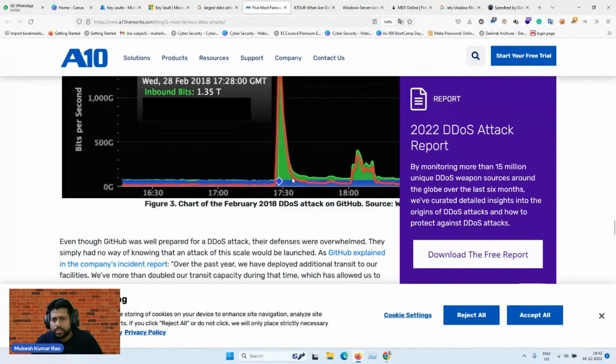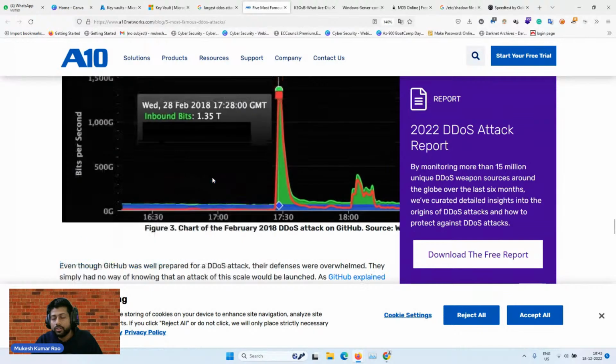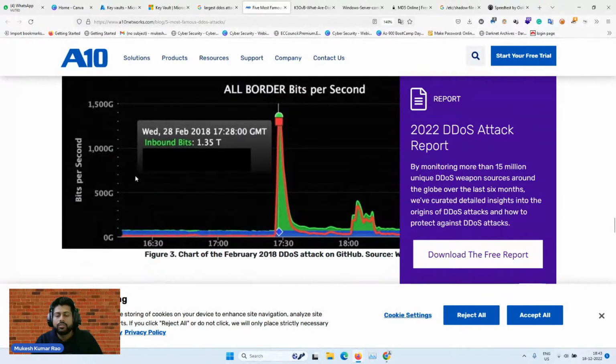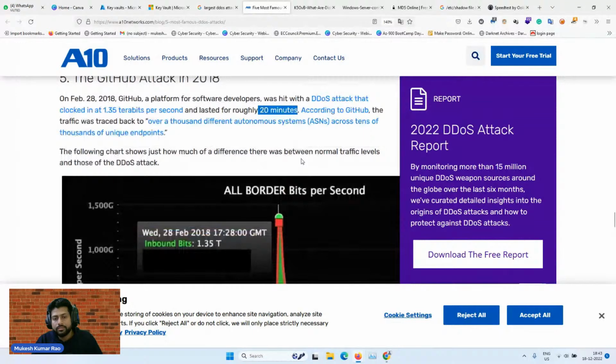For an individual it is not that much usable, but all the corporate companies working in development or projects use GitHub Enterprise for their source code upload, and their repositories are uploaded there. So even for 20 minutes, if the website is shut down or not working properly, you can see how much data is affected in the background. So that kind of attack is impactful.